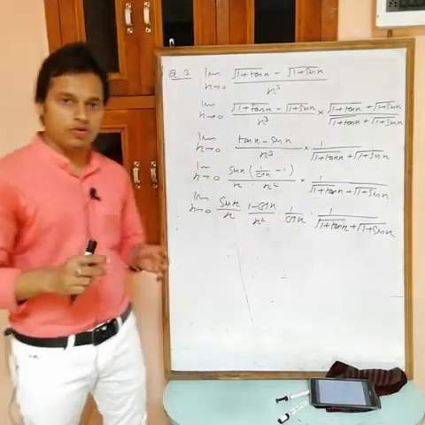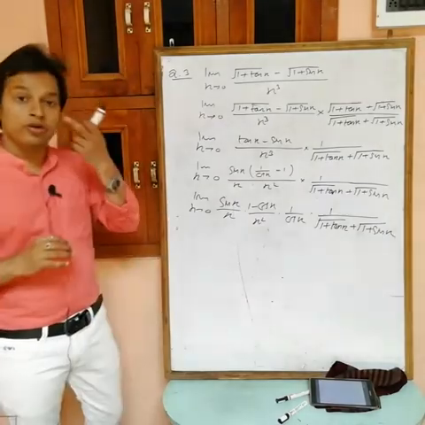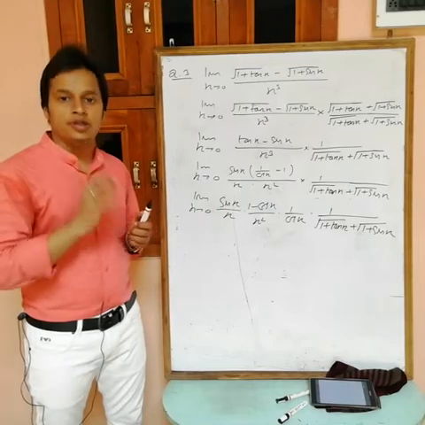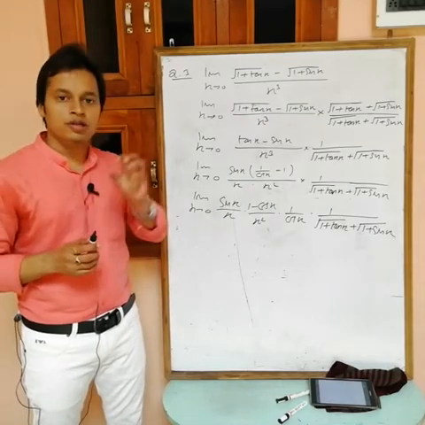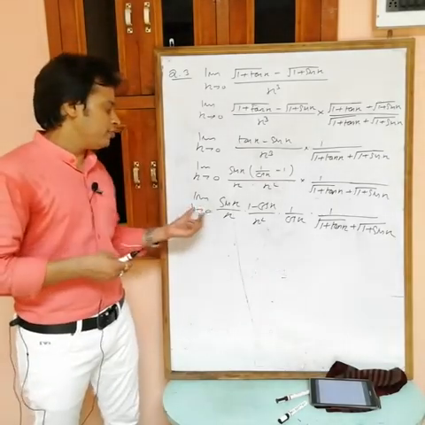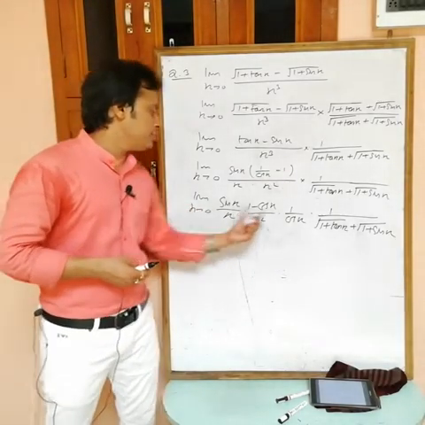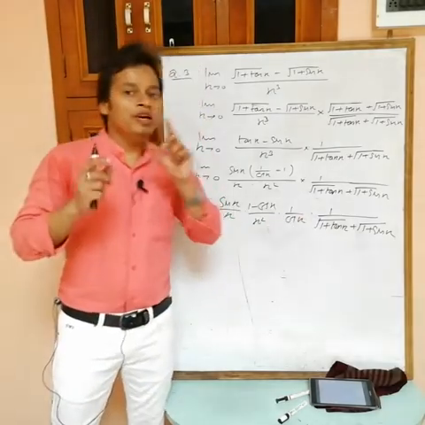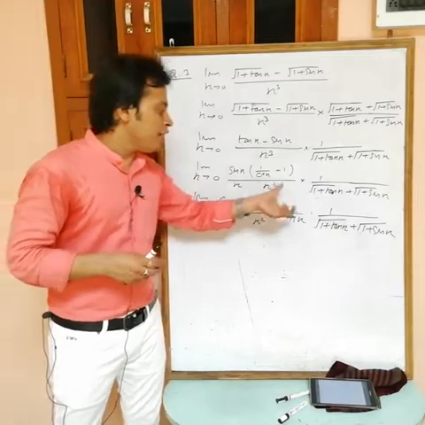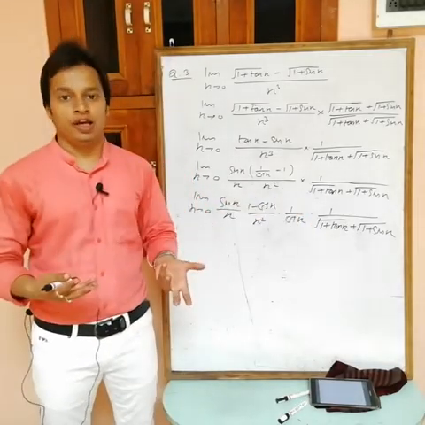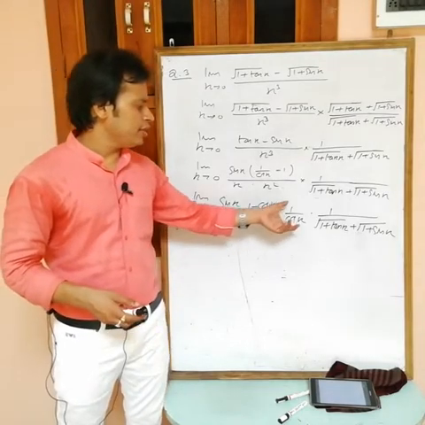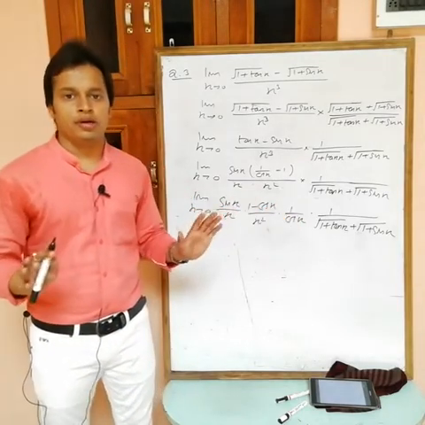And this is also root 1 plus root 1, it means 2. Okay, so then I can use the theorem: limit x tending to a of f(x) into g(x) can be written as limit with f(x) into limit with g(x). If there are more than two functions, it is the same thing: limit with this one into limit with this one into limit with this one. But remember, we can write this only if all these limits have finite values. Suppose these are standard limits and here you again get 0 by 0 form, then you can't write it now.